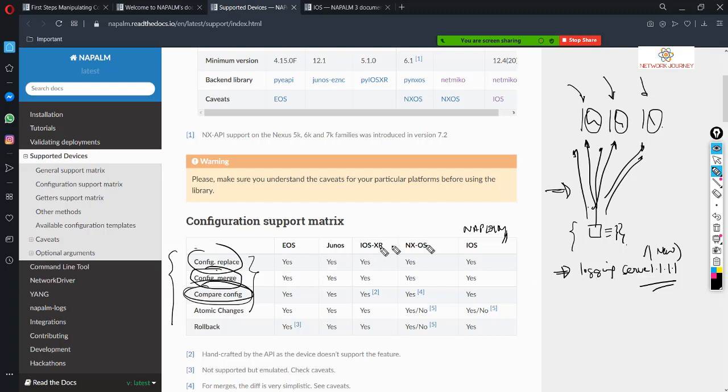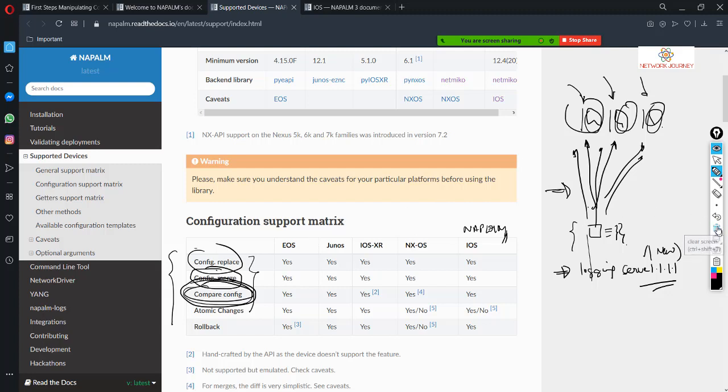Now you can run the NAPALM script with the help of compare config. It's going to pull the configuration, whether it's there or absent in the boxes, and then you can make the configuration plan, send it to the management, and once it gets approved, you can do it on any weekend, right? So that's how normal change configuration works across the enterprises.